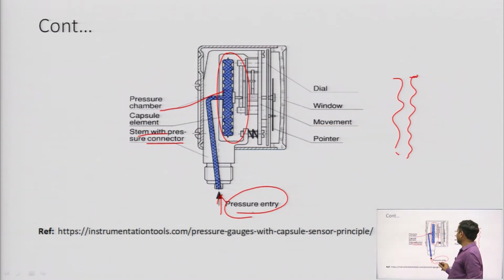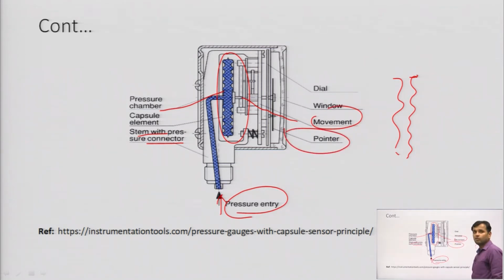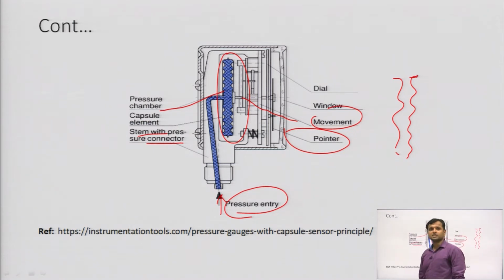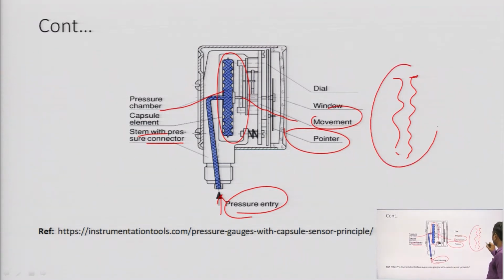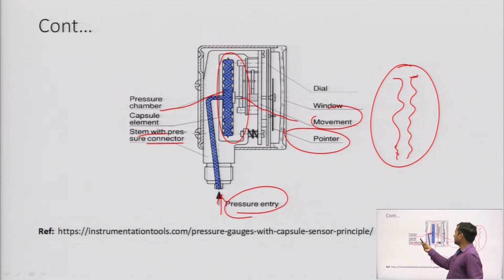That will cause the movement, and that movement can be measured with the help of a pointer. So that is the very basic arrangement of an elastic pressure transducer. This type of device, which looks like a capsule, is known as the capsule pressure transducer. What we are actually doing is, when we give the pressure, the capsule element gets affected by this pressure,